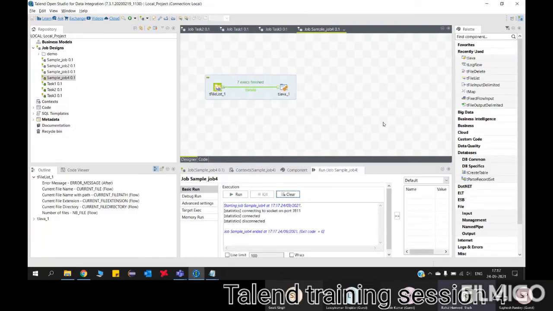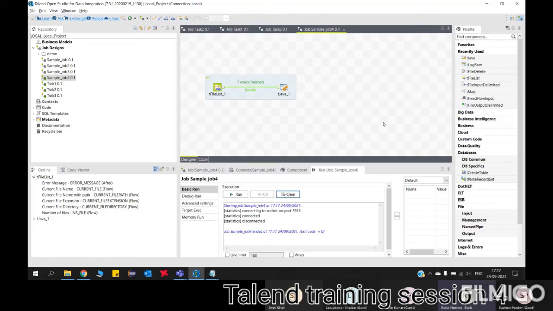Because the tJava component can be used as a beginning, very first component, or at the very end, or in the middle of the components. Anywhere you can use it. But tLogRow, we should have input to it, otherwise it will not execute. So for tLogRow only the main link is important, whereas for tJava we can use it wherever we want, because the empty tJava component also can be executed.